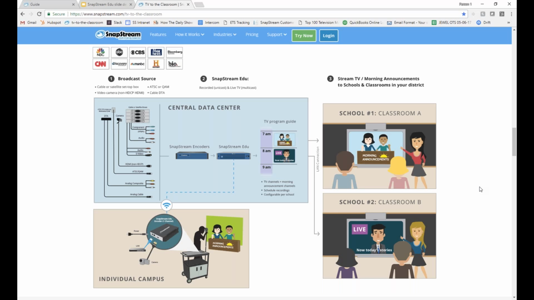That single channel encoder feeds back through your central server appliance, and then that stream gets distributed out over the network. So any content that is live gets ingested through an encoder as the initial step leading to distribution through the SnapStream portal.